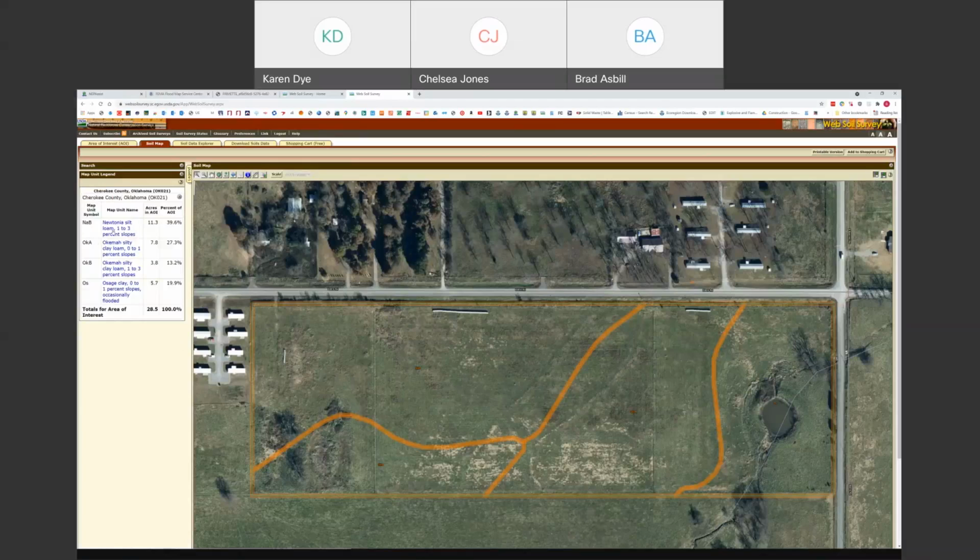And then it tells you what it actually is. Newtonia silt loam, 1-3% slopes. It tells you how many acres is in your area of interest and the percent in your area of interest. So you can also click on this,